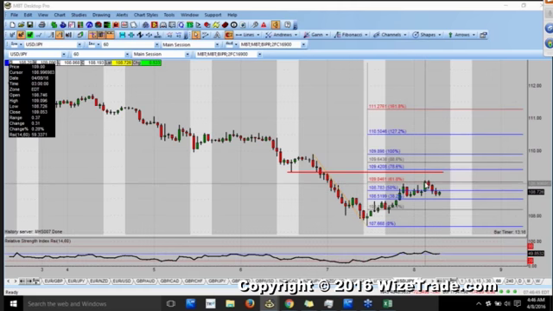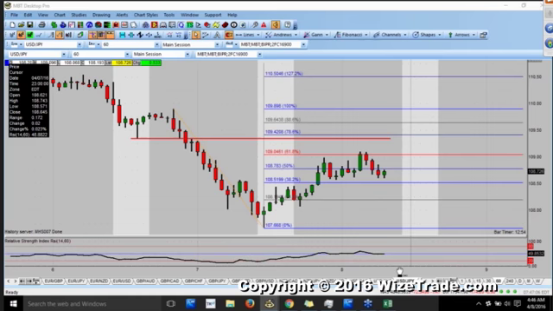That's resistance right there. That's resistance. I don't think we're even going to make it up here to 109.40. I mean, maybe we will, but